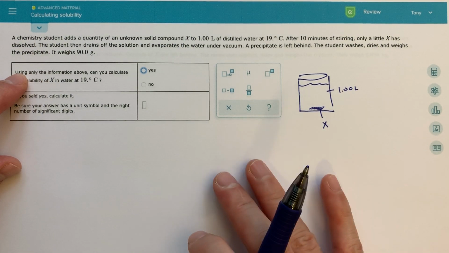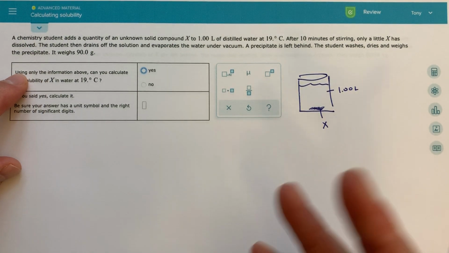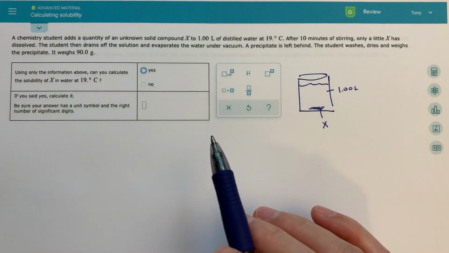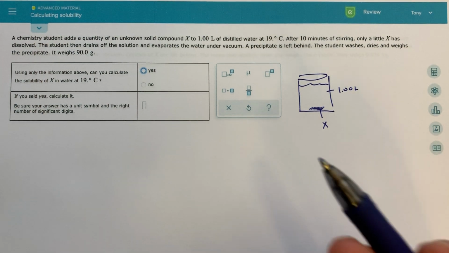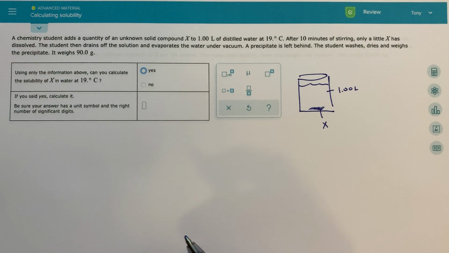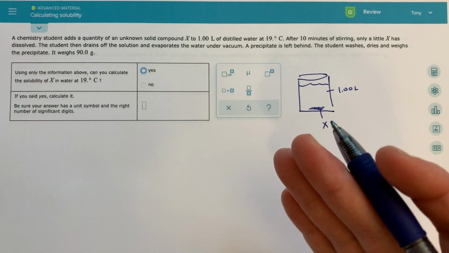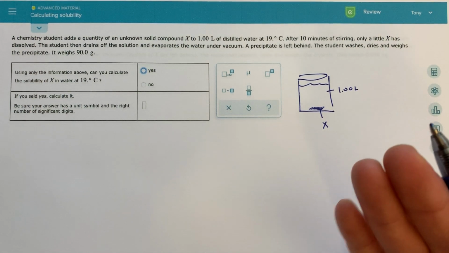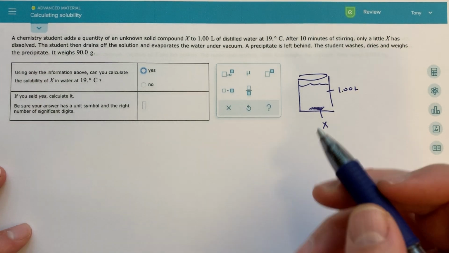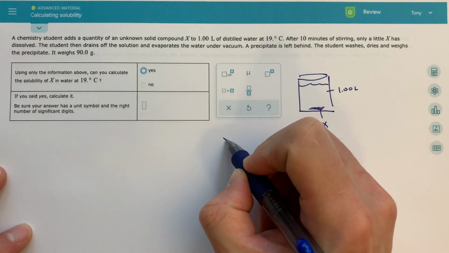The actual calculations that we're going to do are very straightforward. But what's more important is the conceptual understanding of what we're talking about when we say calculating solubility. What does solubility really represent? And what's required for us to know for sure that we are calculating the true solubility of something? The take-home message is that we need